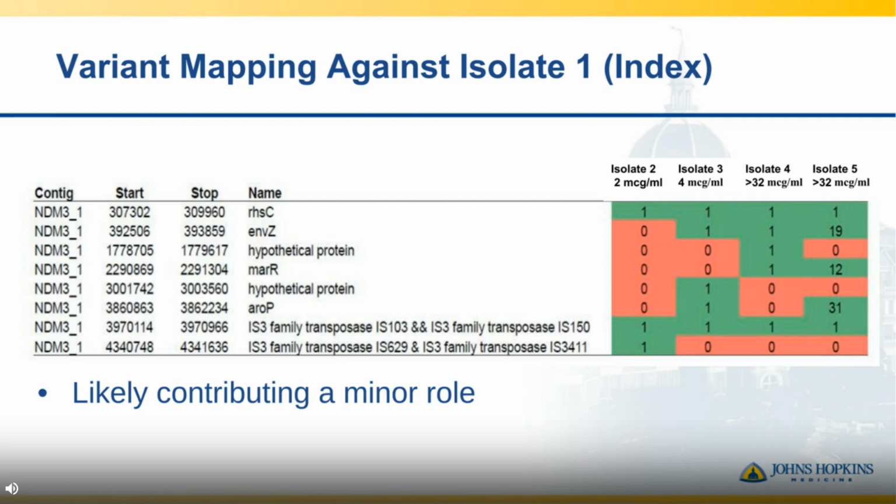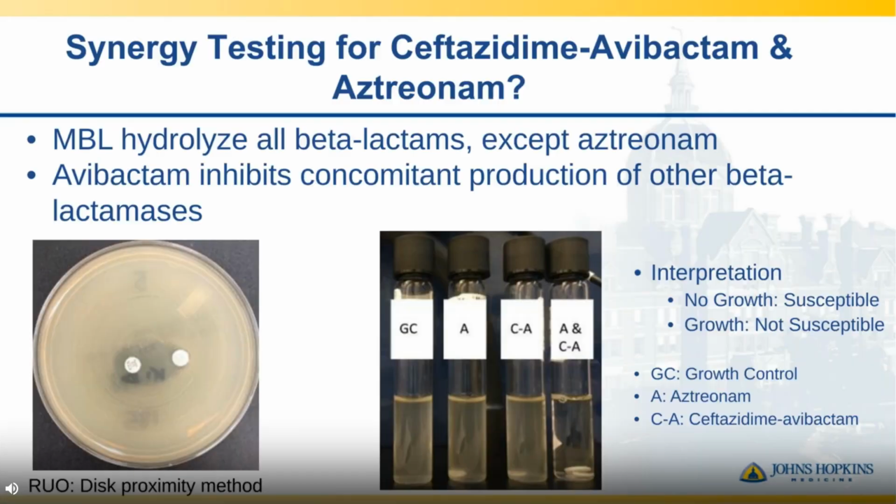However, it shows you how you can use whole genome sequencing, especially in these cases in the progressive development of resistance, to try to define additional single nucleotide variants leading to resistance. So ultimately, in this case, we ended up using the combination of ceftazidime, avibactam, and aztreonam for therapy for this